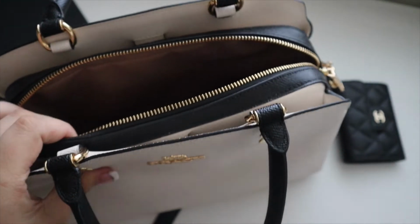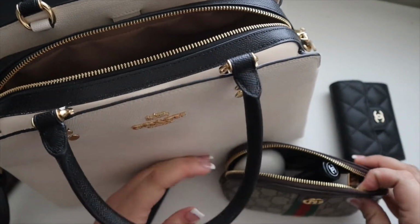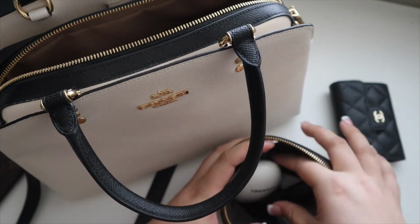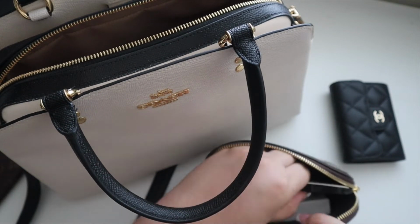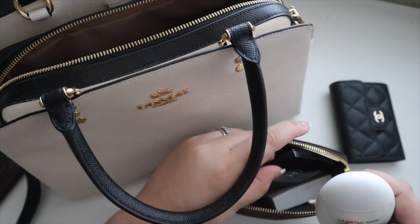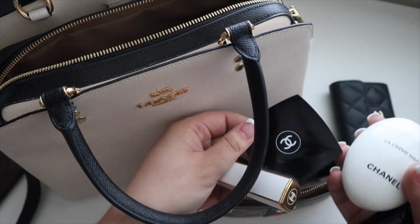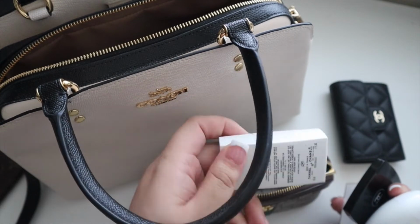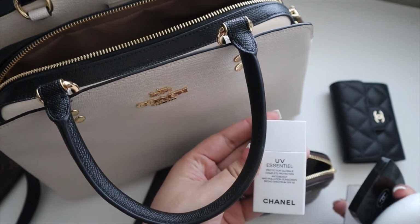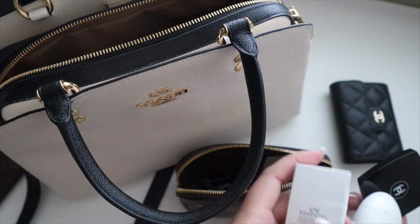And then I have my Gucci cosmetic case. So this just has the essentials. So I have my lip balm, hand cream, purse spray, mirror. I believe these are the ones that I just always have on me. Also now, because it's summer, sunscreen. In the winter, I generally keep this out because you don't need it as much. You do in Texas, but I don't carry it with me because I like to reapply when I'm out